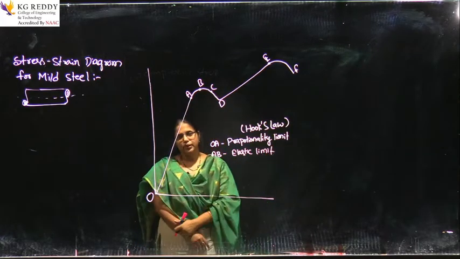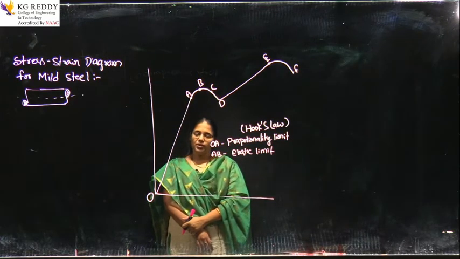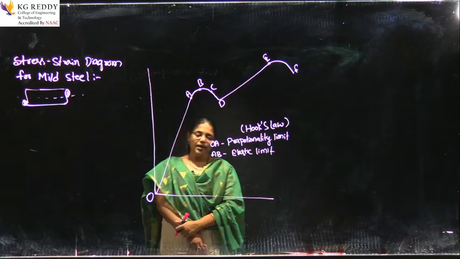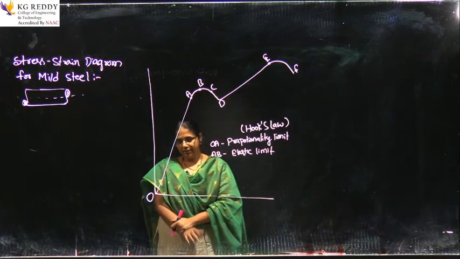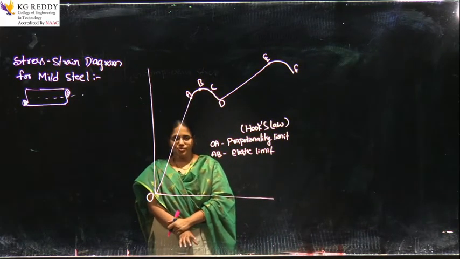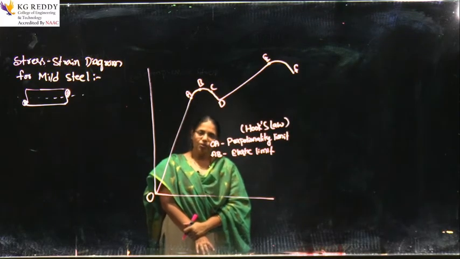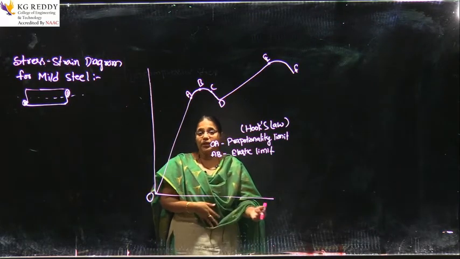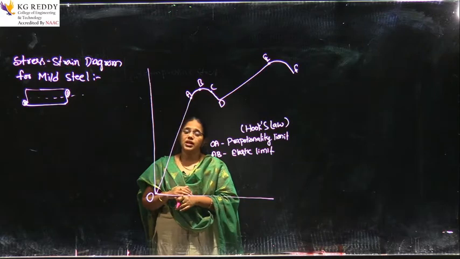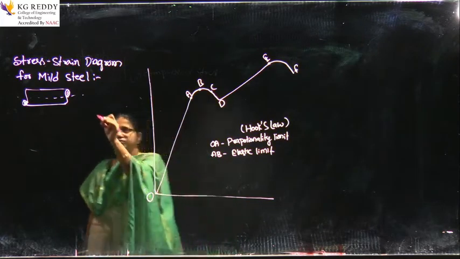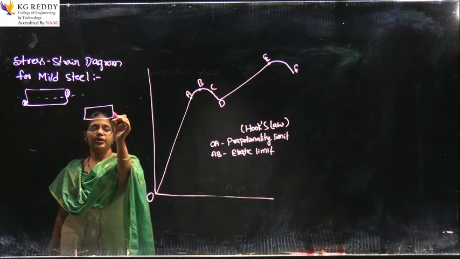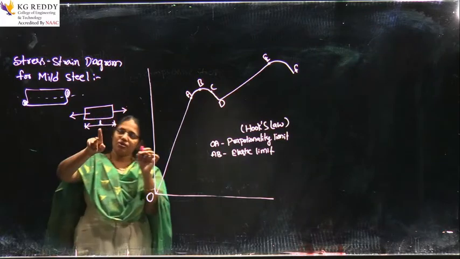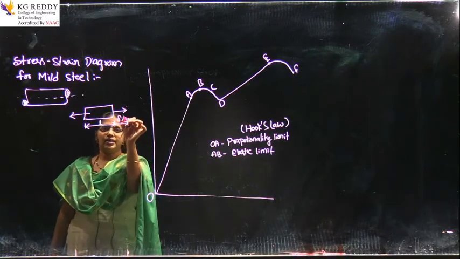Then tell me, what is meant by elastic limit? What is the property of the material, elasticity? See, elasticity means within the elastic limit the stress is directly proportional to strain. So if you apply a load of 20 kilonewtons and after some time you remove the load, the material has to regain its original shape and size. See, in the tensile stress, what have we applied? Two equal and opposite pulls. What will happen here? The total original length will be changed to a changed length, delta L, right.